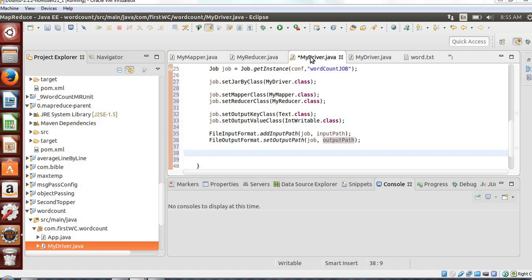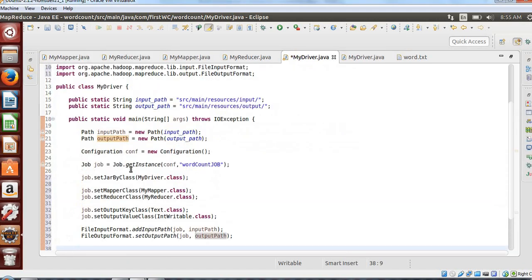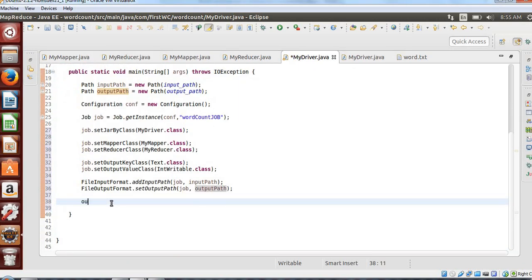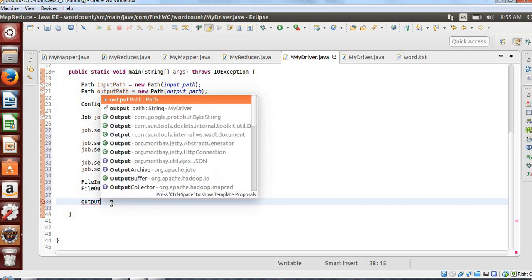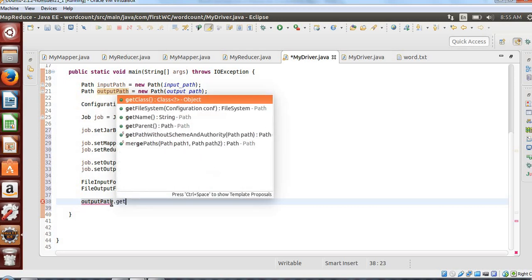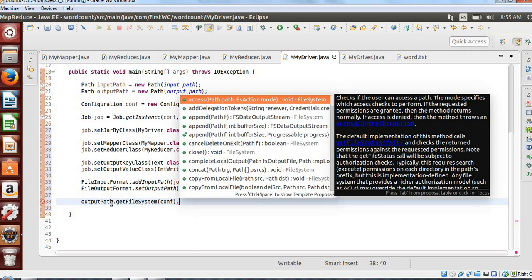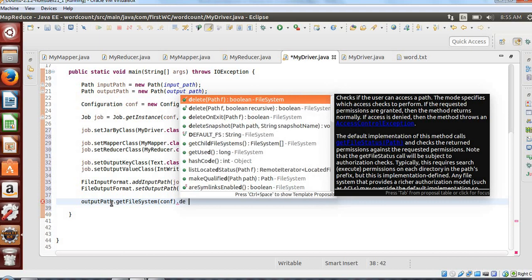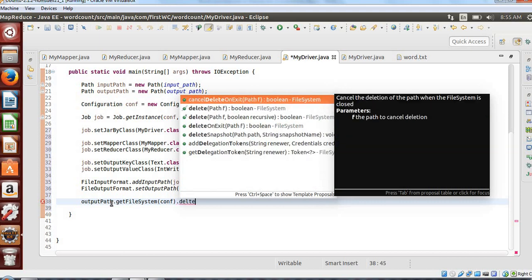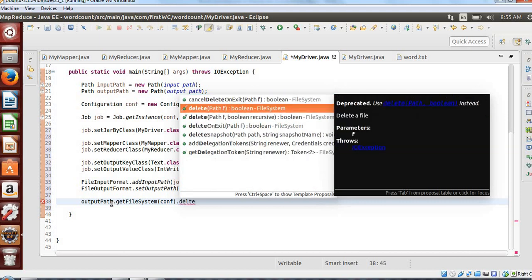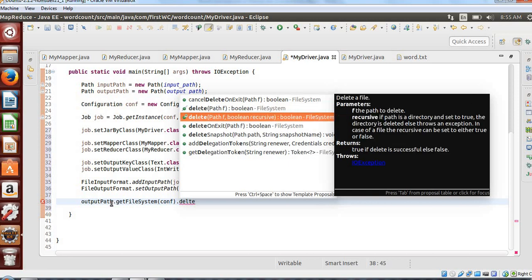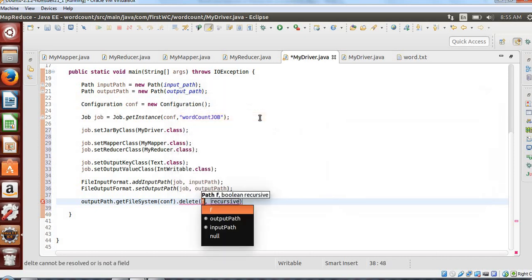In the Path class, let me expand it again. I'll say outputPath.getFileSystem, passing the configuration, then .delete, because I'm interested in deleting the particular path. If there are further folders inside folders, I want to delete them recursively, so I'll say yes.